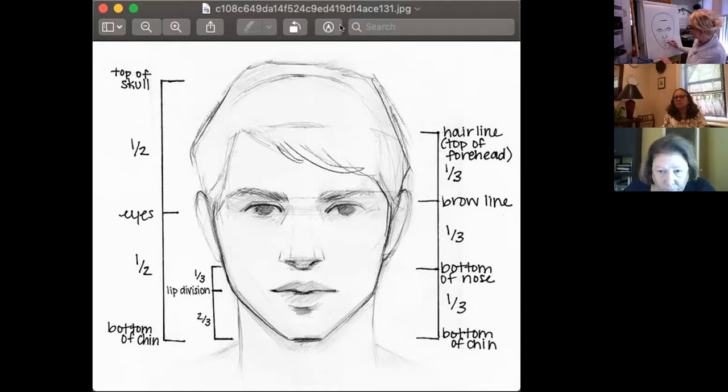And the lips are usually slightly wider than the nostrils, than the nose. And again, depending on the person, your lips might be fuller, your mouth might be larger, you might have a wide nose, you might have a narrow nose. Now, the ears